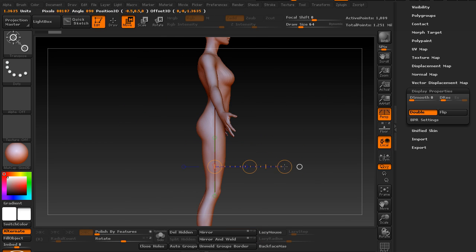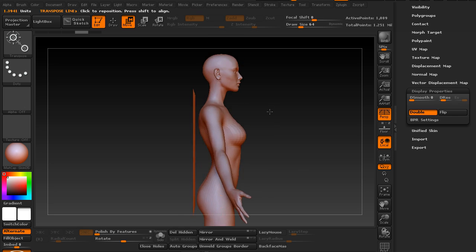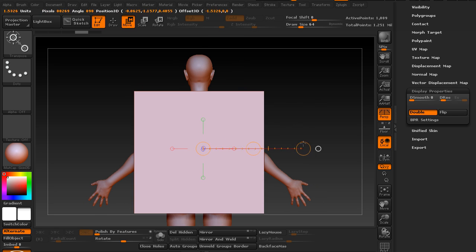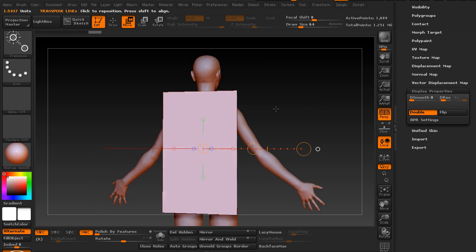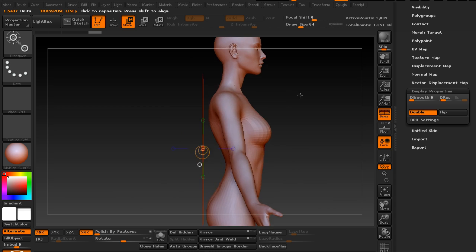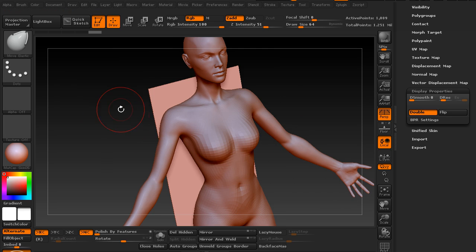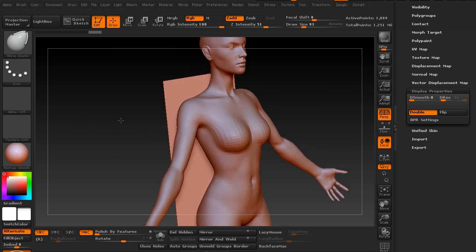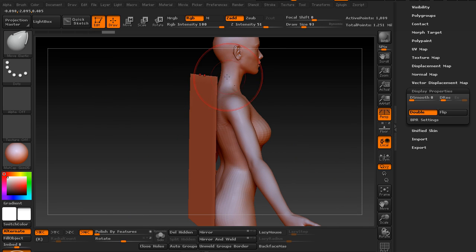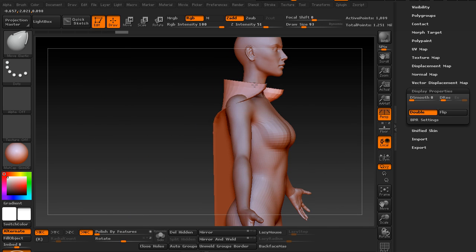So let's first move it back a little bit, move it up a little bit, kind of to where a cape would be. And scale it down a little bit. I'm going to turn symmetry on for this. Now we're just going to wrap the edges over using Move Elastic. With symmetry turned on, we could just grab these ends,